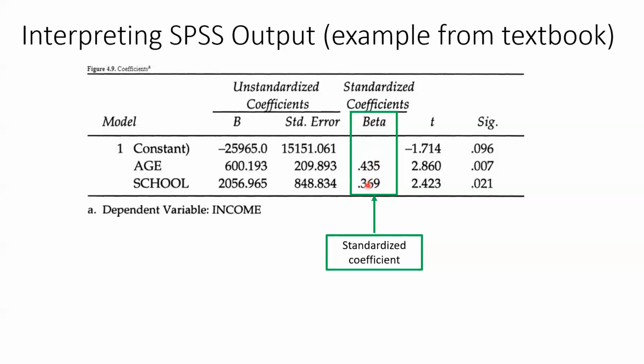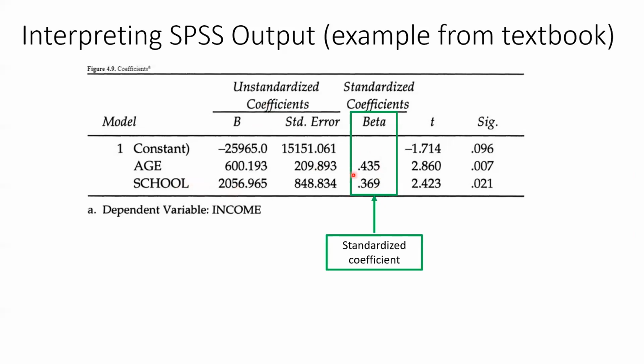So that becomes an important factor. We talked about how sometimes the variable can look like it's very large if you look at school, right? The unstandardized coefficient for school is 2056.96. So what does this mean in terms of income? For every additional year in school, we get an increase of $2,056, okay? But because that is such a huge coefficient, because the metrics for measuring school and income are very large,